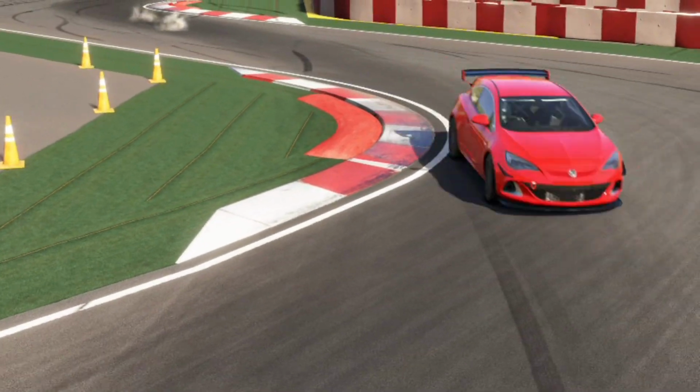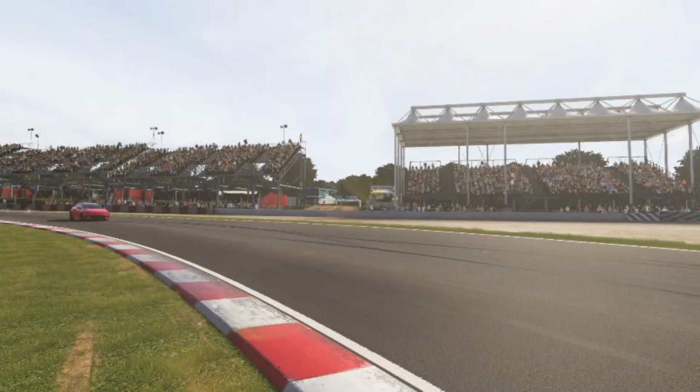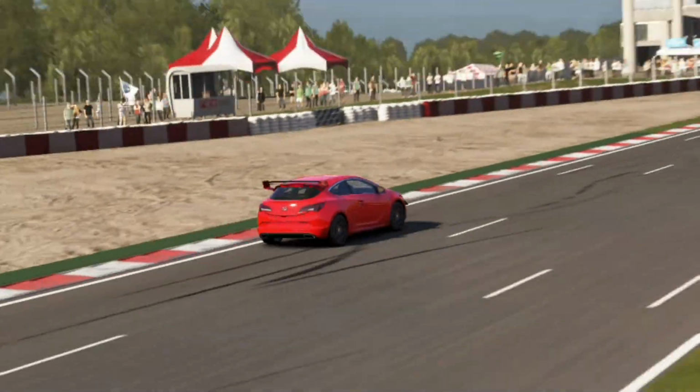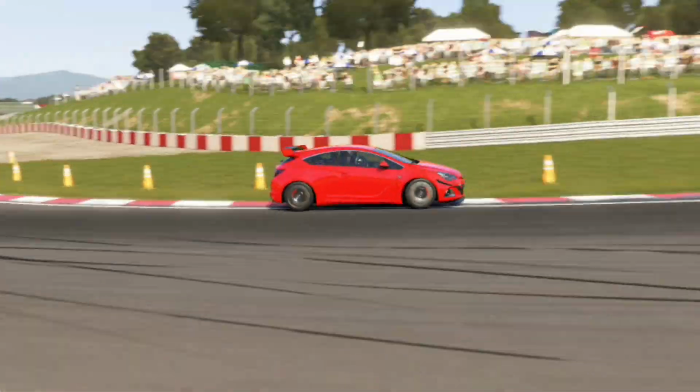I mean, this is asking quite a lot of an Astra. Let's face it, putting 550 horsepower through an Astra is not really what it was designed for. So yeah, I was really surprised just how well the front-wheel drive car was doing. So even more power was needed,